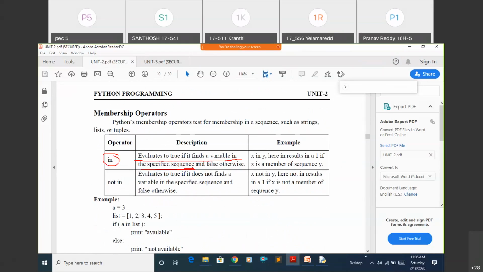We will see those, but sequence means some group of characters, just like a string. Within that sequence, to check whether that variable is available or not, we will go for this in operator. Same, not in. If that variable is not available, we'll go for this not in.